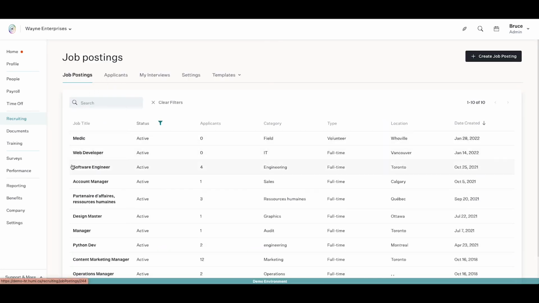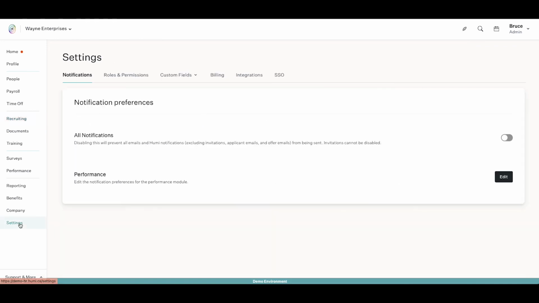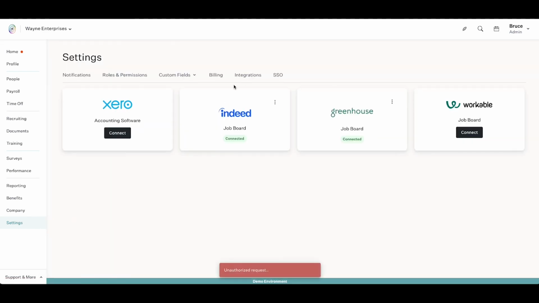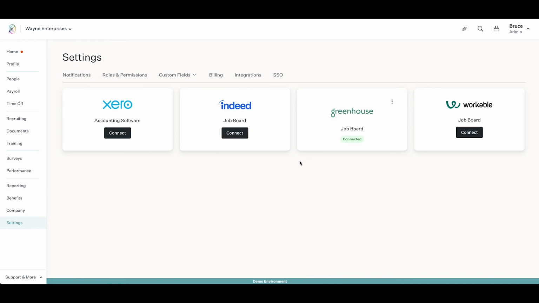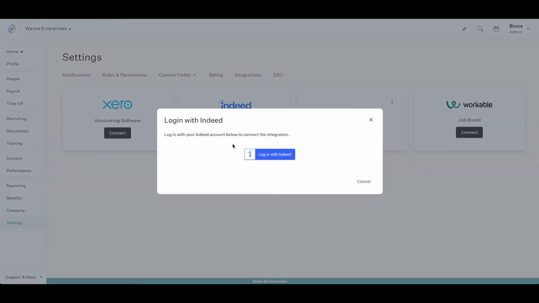The last main detail I want to point out here is our Indeed integration. So under settings and integrations, you'll see Indeed. This is where you can go and connect. If we quickly disconnect this right now, I'll show you how this will be done. We can click connect. It will prompt you to log in with your Indeed credentials, and then the integration is